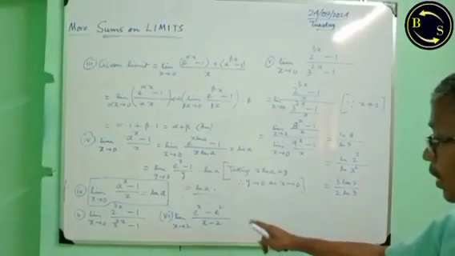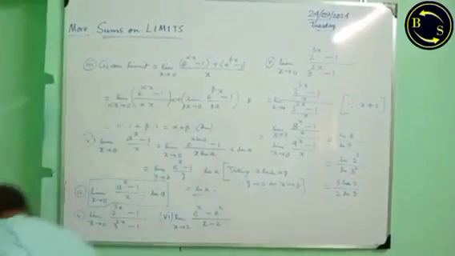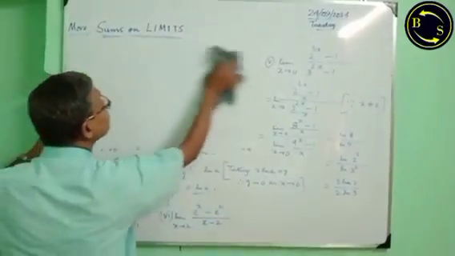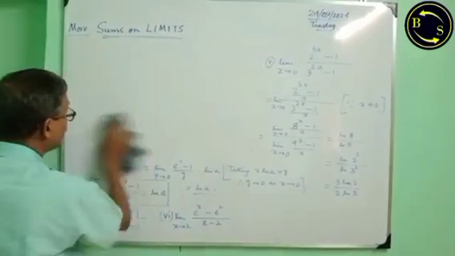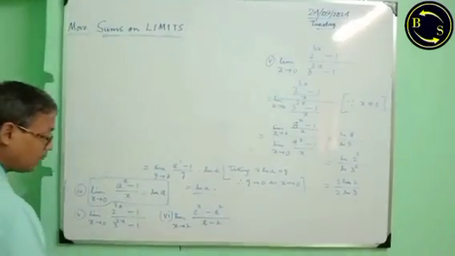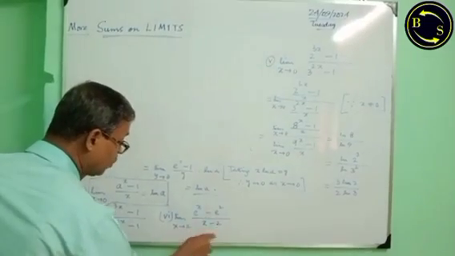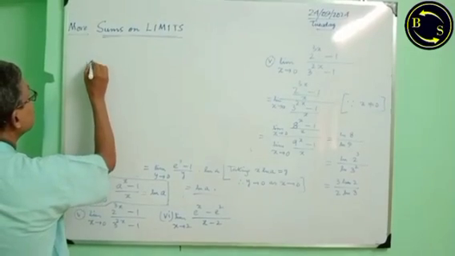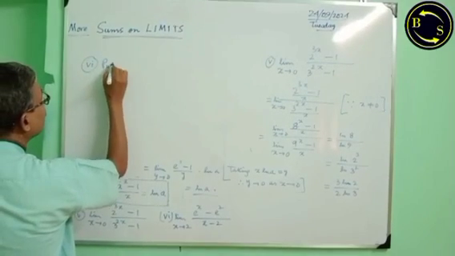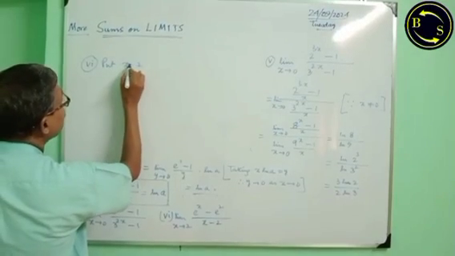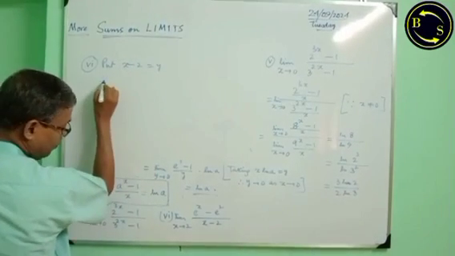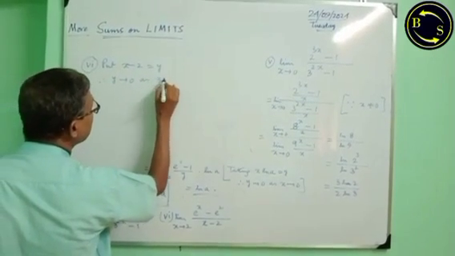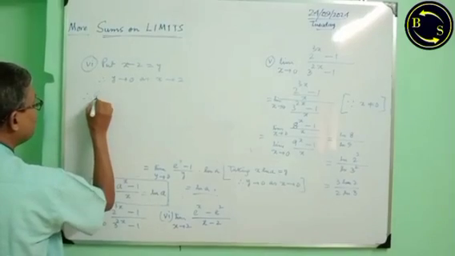Next, I have another one, number 6. For that, I just grab this one. Here I find x tends to 2, and at the denominator there is x minus 2. Therefore, we have to change the variable. Put x minus 2 equal to y. Therefore, y tends to 0 as x tends to 2. Therefore, the given limit